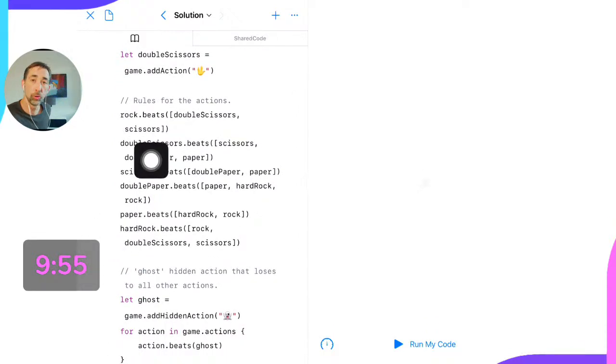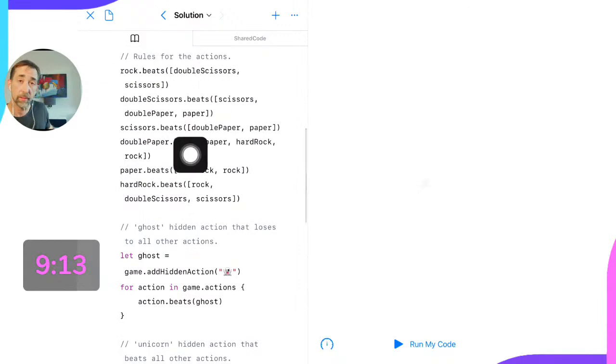And then we have some rules for the actions. So if we read through this, we can see that, okay, rock beats these 2 moves. This is called an array that you'll learn about more if you go further in depth. But basically, it's just these square brackets. And each element in the array, it's a list of things, like your contacts list, is separated by a comma. And what we've done is we've put some of those variables we defined, like double scissors and scissors, into that array. And we were saying that the rules of our game are going to be that rock beats double scissors and regular scissors.